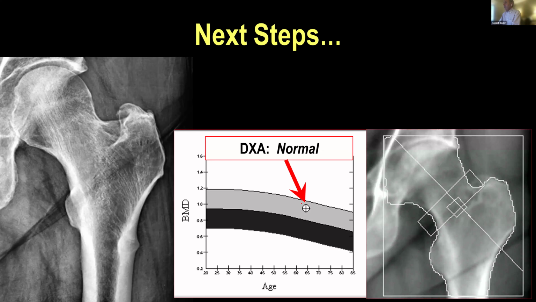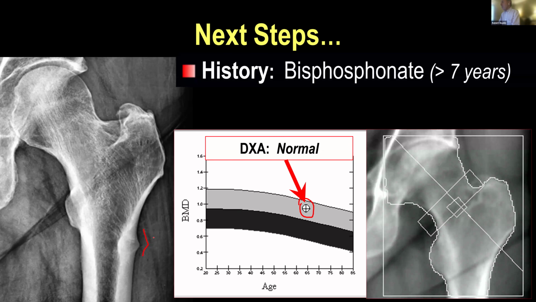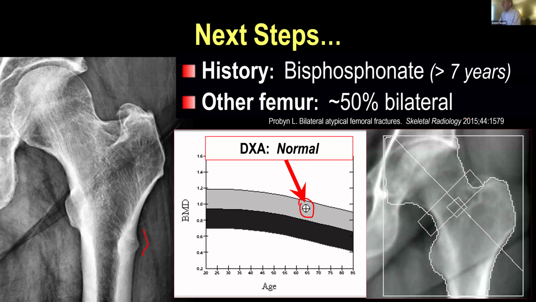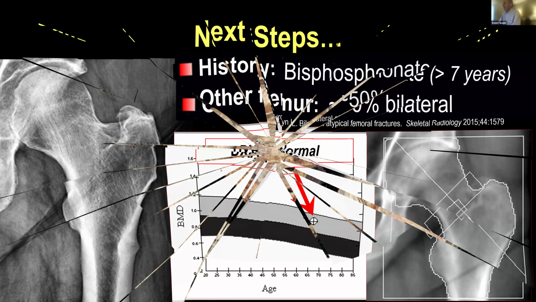And so don't be fooled just because they are doing better than their peers with a good bone density on their DEXA scan. It turns out that the reason they had good bone density is because they had been on bisphosphonates for more than 7 years. They should have had a bisphosphonate holiday. But now it turns out that they've got this fracture. One pro tip is that if you see this finding on one side, it's a very, very good idea to look at the other femur, because in about half of all cases, they're bilateral.